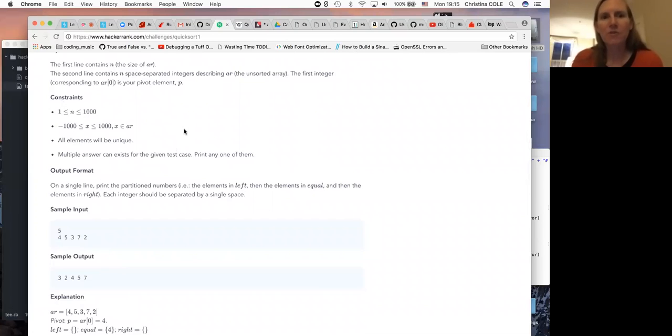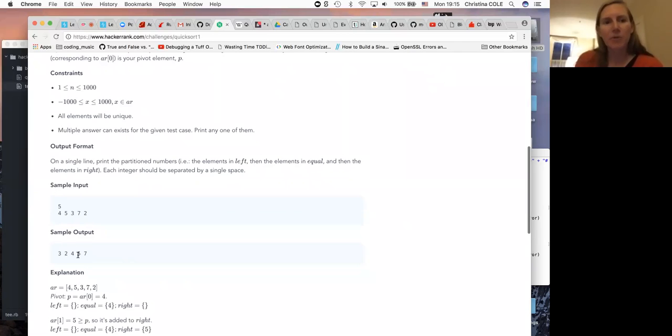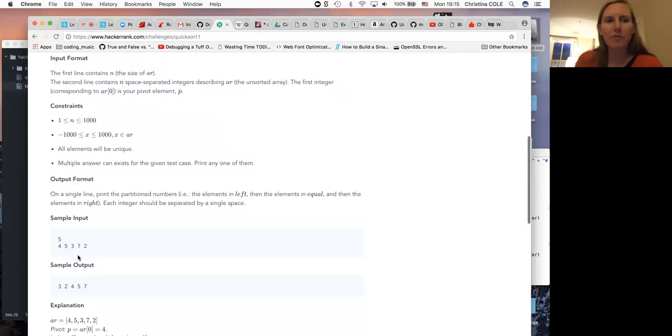It gives you some constraints, and this relates back to the test cases. And then it gives you a little bit of, here's what we want the output to look like. So this is just doing that whole single line. Give me all the numbers to the left and all the numbers to the right with the pivot in between. So before going further, and then they'll give you a sample input, output, and some explanations, but before we go any further,